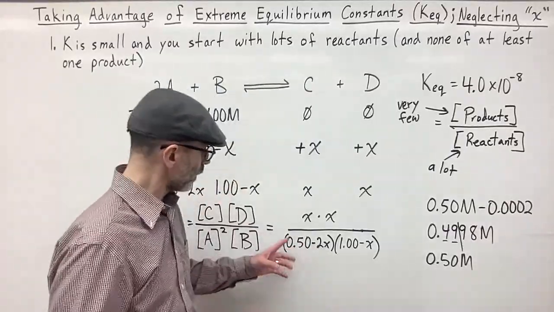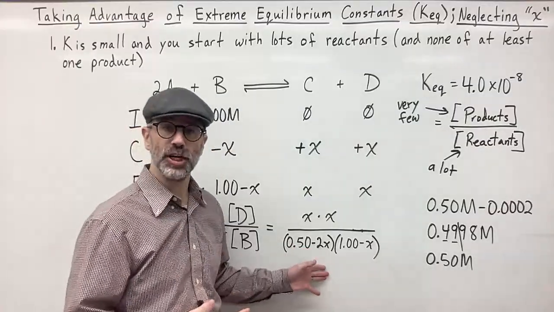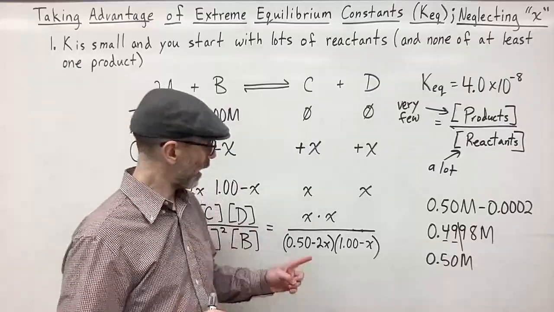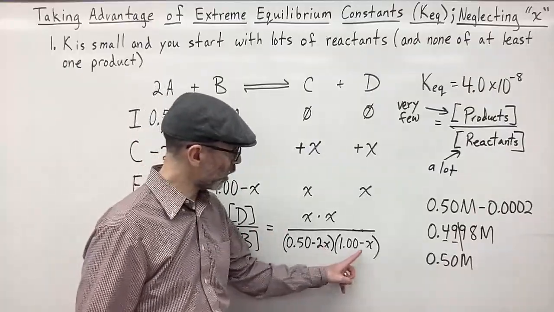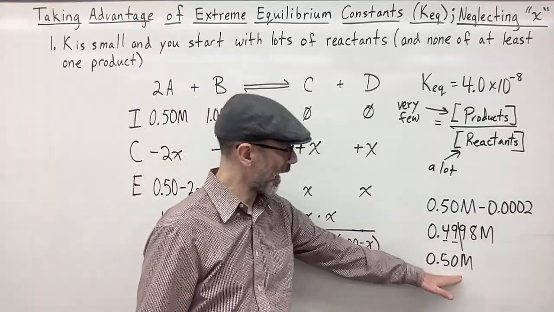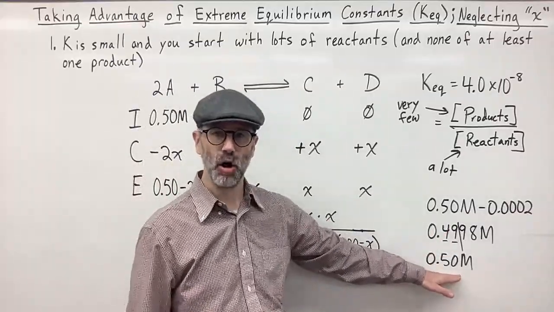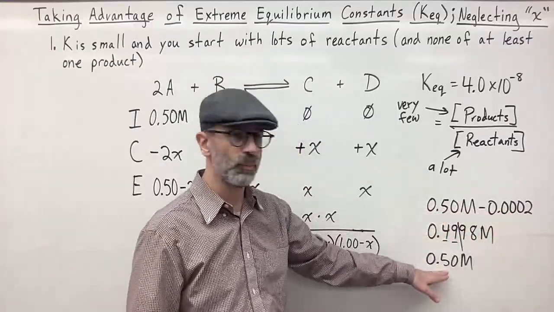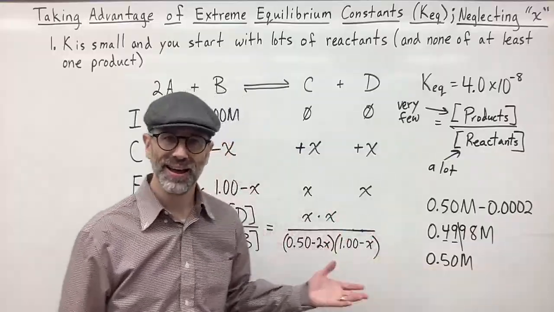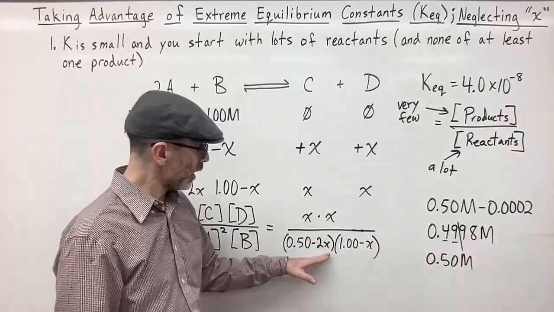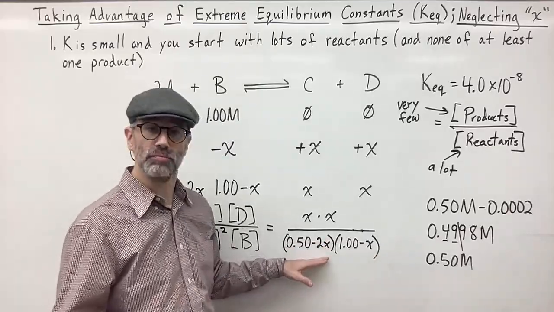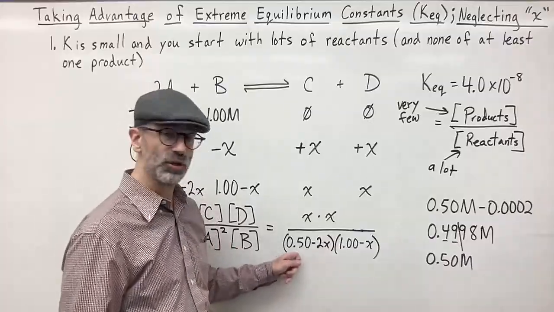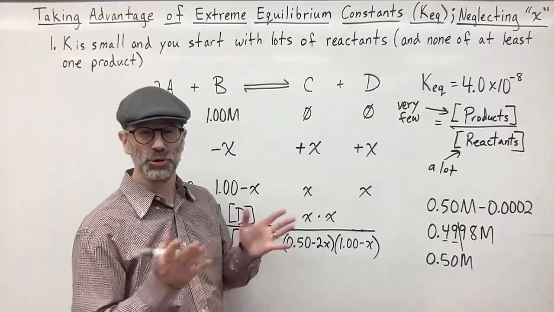So if we can make the assumption that x is negligible, meaning that it's so small that when we subtract it from our original concentrations, it's not going to have really any effect at all. Just as if I subtract this from 0.5, I end up pretty much with 0.5 anyway. So if we can assume that x is too small to make any difference in the original concentration, the original concentration is really going to stay